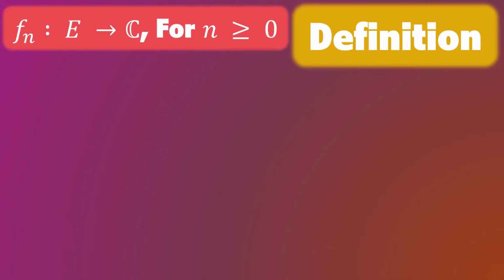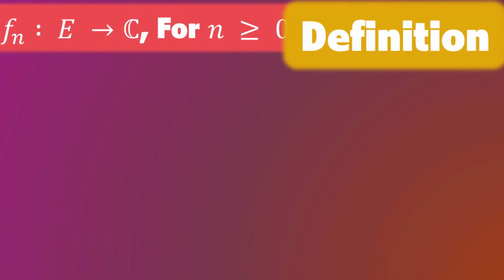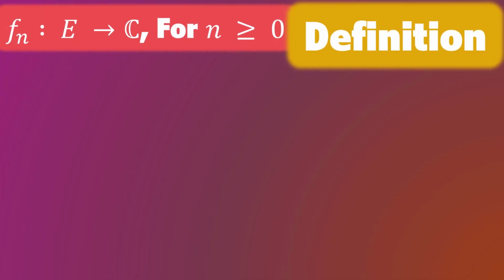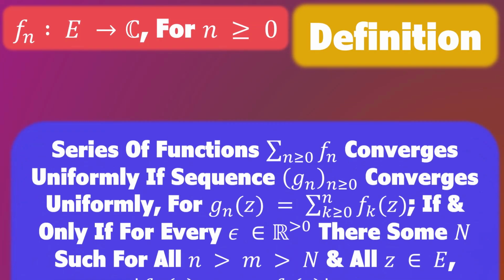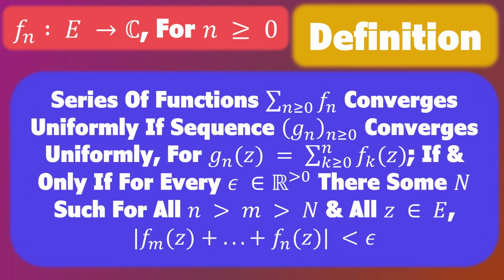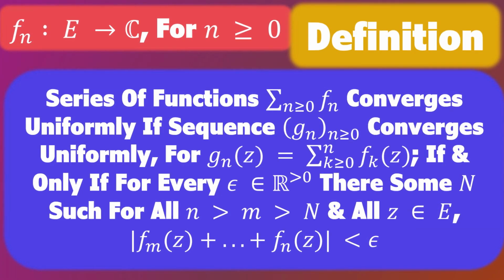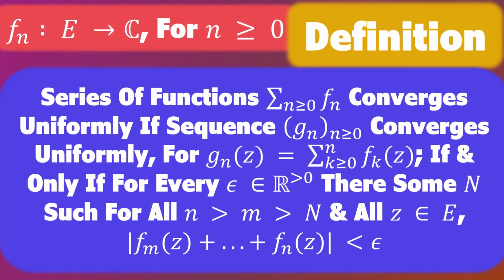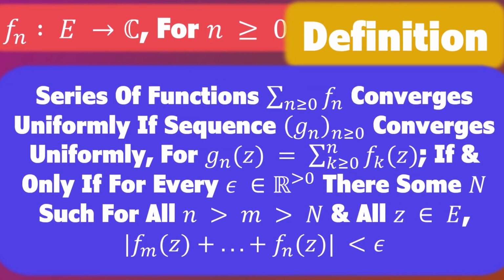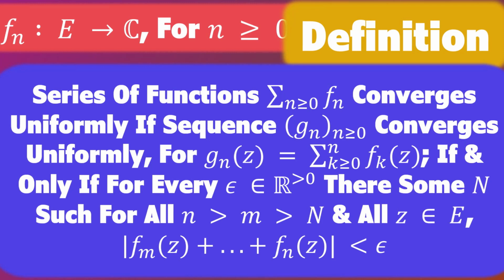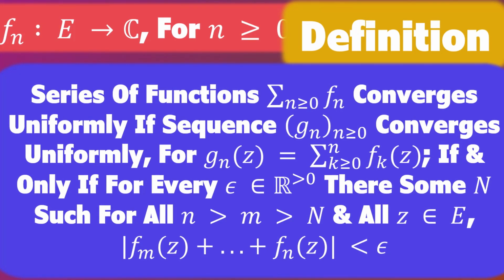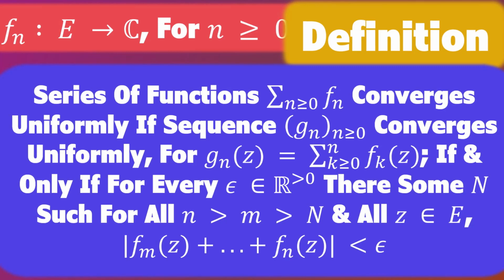First, let's define a series of functions. Let f sub n go from E to the set of all complex numbers for n greater than or equal to 0, where E is a subset of the complex numbers. We say that the series of functions, the sum from n greater than or equal to 0 of f sub n, converges uniformly if the sequence g sub n for n greater than or equal to 0 converges uniformly, for g sub n of z equal to the sum from k equals 0 to n of f sub k of z. In other words, if and only if for every epsilon in the positive real numbers there is some capital N